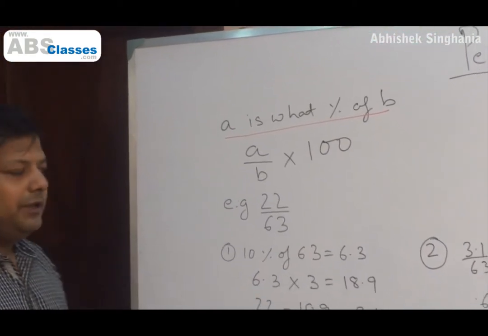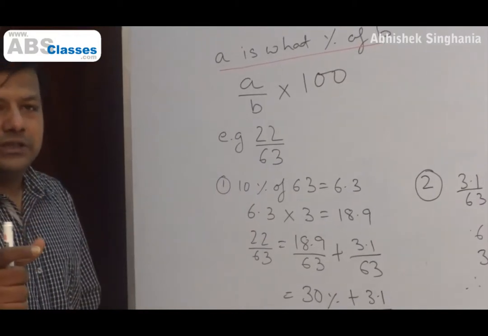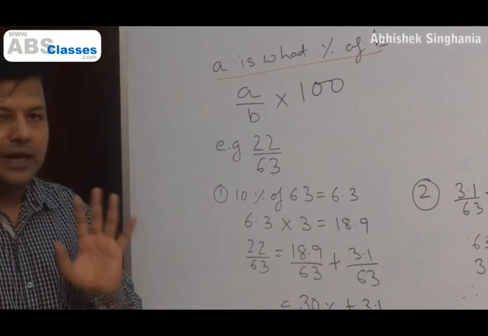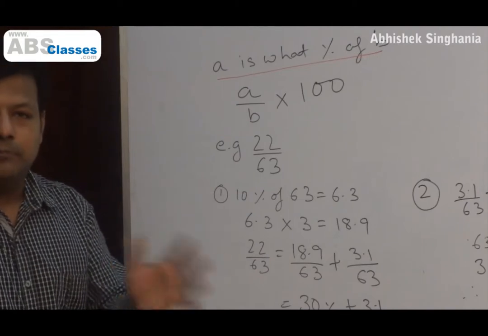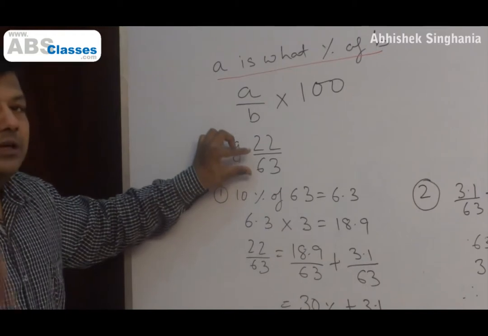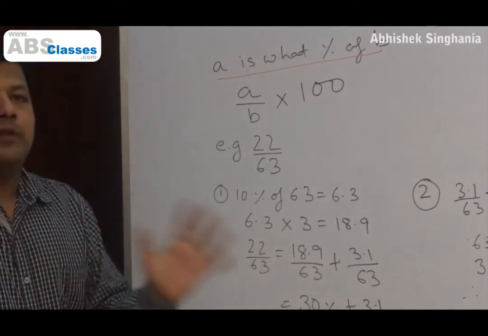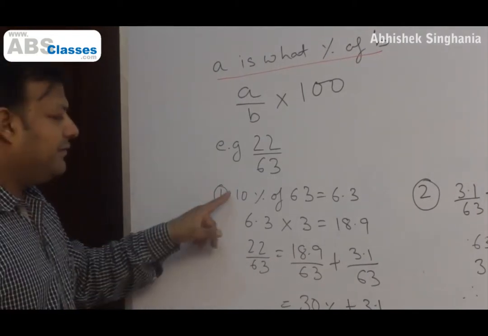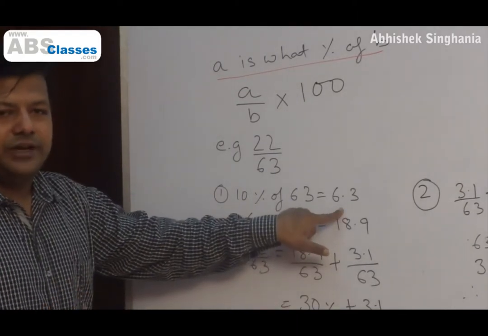First step will be to find 22 is close to what percentage of 63, which you can calculate very easily. For example, 10% of 63 we can calculate very easily, 6.3. 50% of 63 we can calculate easily, 31.5. So first job is to establish 22 is close to what percentage of 63 which we can calculate very easily. Again, there is no perfect way of doing it. The general accepted method goes like this, that we find 10% of 63, which is 6.3. Right? We all understand this, we have already known this.